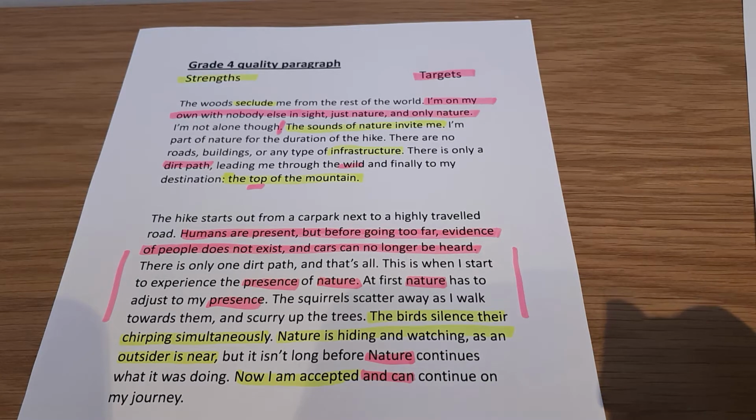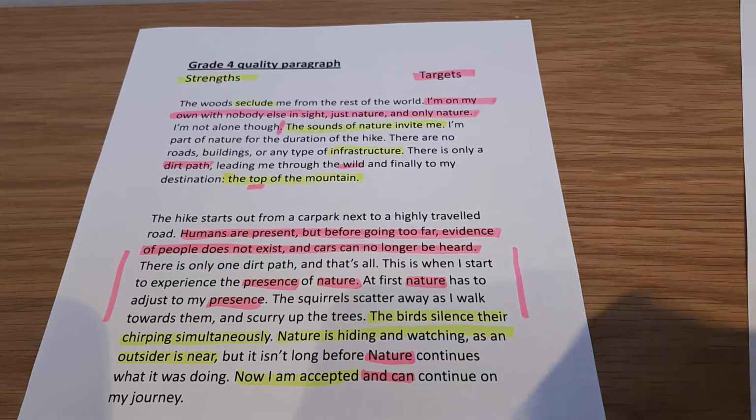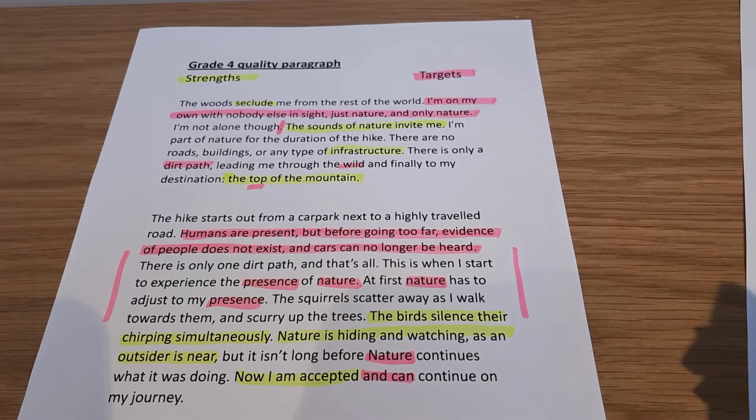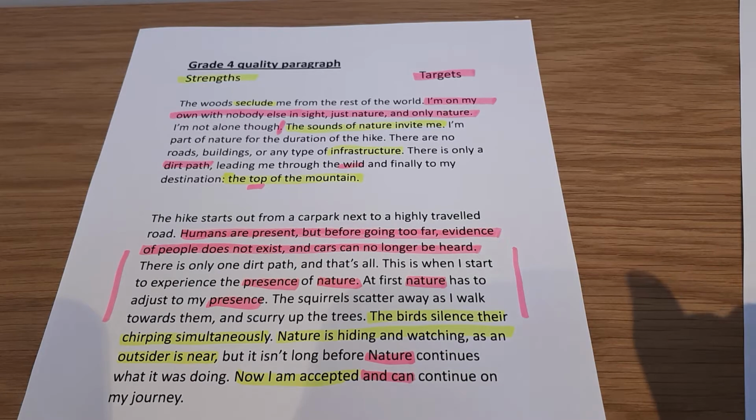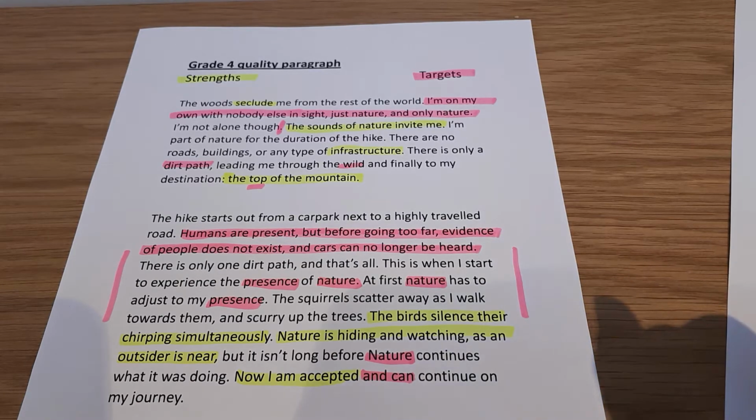Now, at the end of the lesson today, we're going to want you to redraft that paragraph in a better form, acting on your targets, ready for our lesson on Friday, when that paragraph will be the first paragraph in your extended piece of creative writing that you're going to produce on GCSE Pod. Okay, and these are the skills that we want you to think about as you're writing each paragraph in your writing, really drilling down into the detail and thinking about how you can structure your writing carefully and really show us the best of your creativity, okay?